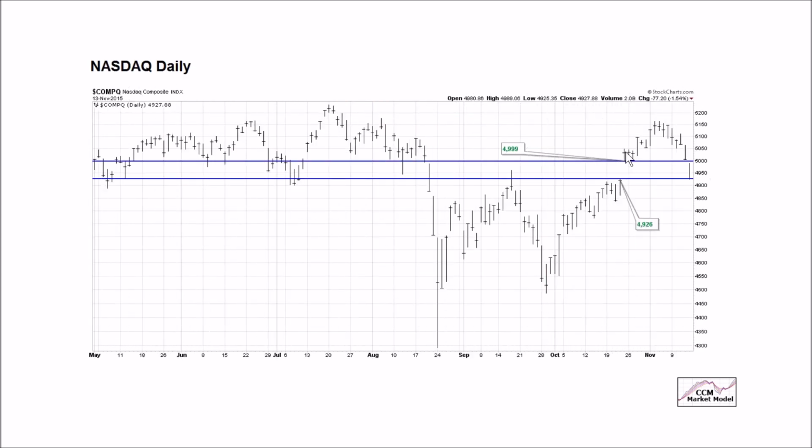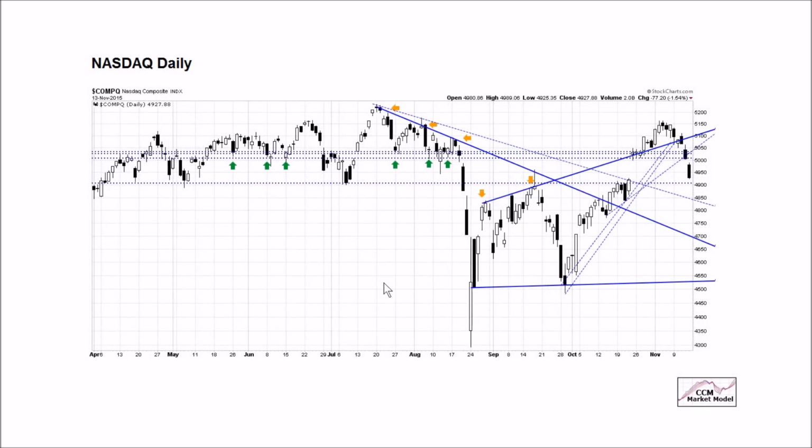This was the bullish gap up in the NASDAQ. The gap was filled on Friday. That takes the runaway gap scenario, balls it up in a little ball, and throws it in the trash can. It's off the table. We learned something from that as well. Looking at the NASDAQ in a little bit more detail, that gap up reclaimed several important levels. We started to move away, and now we've given all of that back in a relatively violent manner.